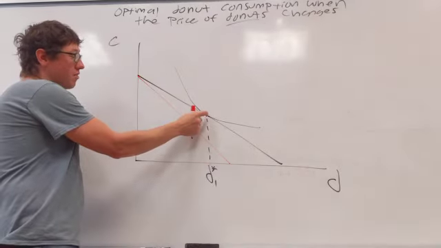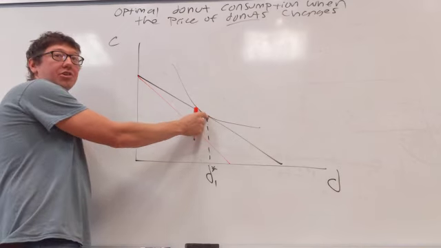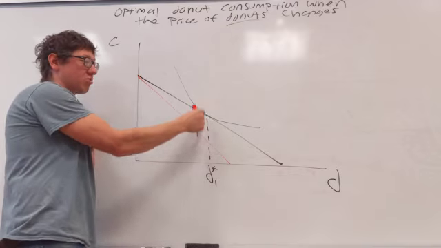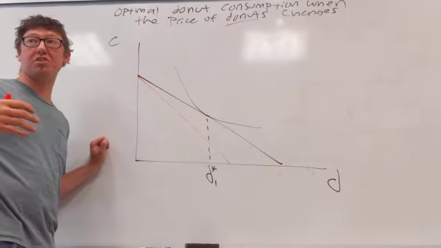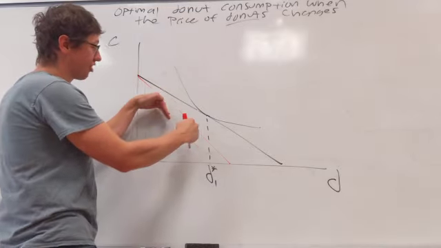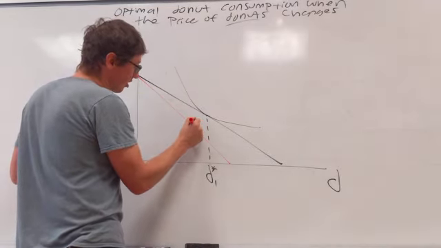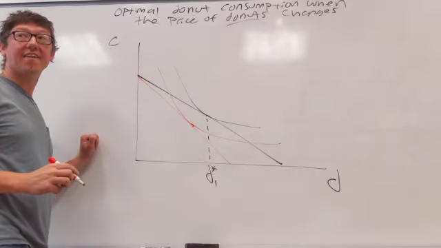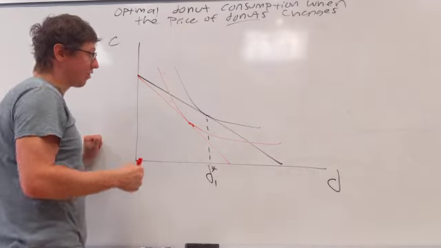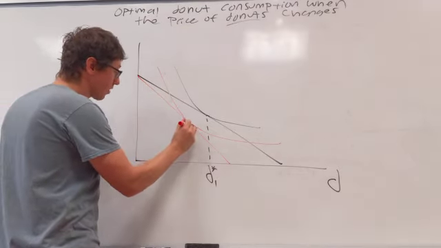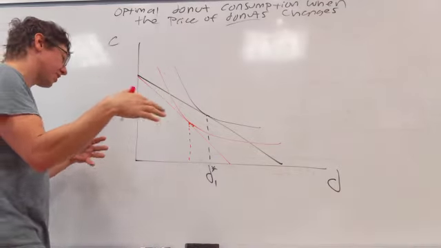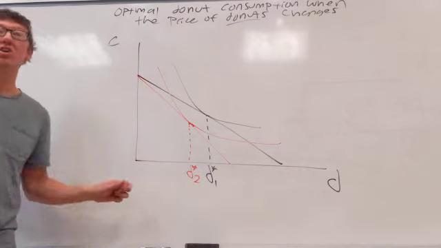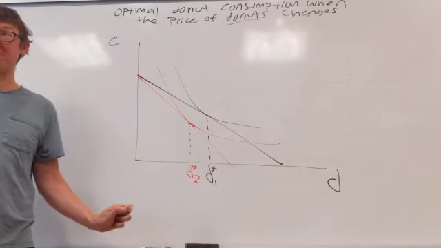It's a bummer. You can no longer consume this bundle. You're going to end up on some worse off indifference curve. The bundle you were consuming before is no longer feasible after the price of donuts went up. You're going to have to shift in. So I'll try to draw another indifference curve that's roughly parallel to the original one. Something like that. And so after the price of donuts goes up, the consumer recalibrates their optimization, and they end up at a new optimal level of donut consumption, D star 2, which is less than the original one.